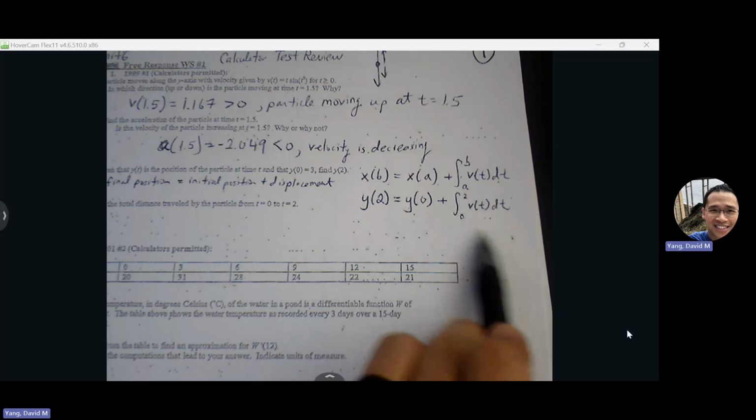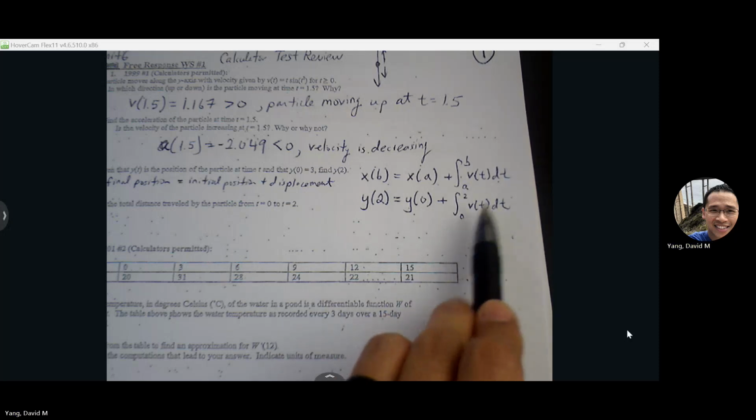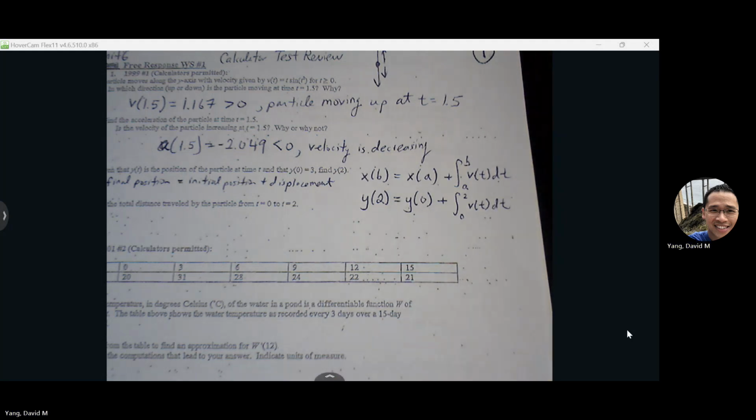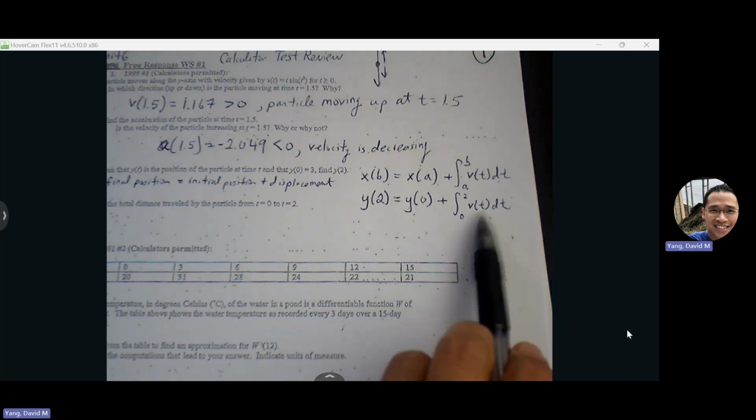Now, we also have another feature in our calculator, which is finding definite integrals. What's useful for our calculator for the AP exam really just boils down to two main features, Math 8 and Math 9. Math 8 will find the derivative at a point for you. Math 9 will do a definite integral for you. So to do this feature here,